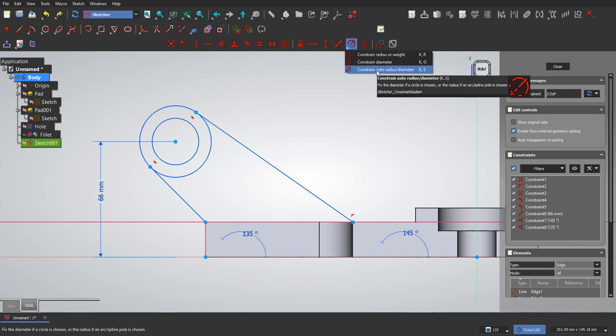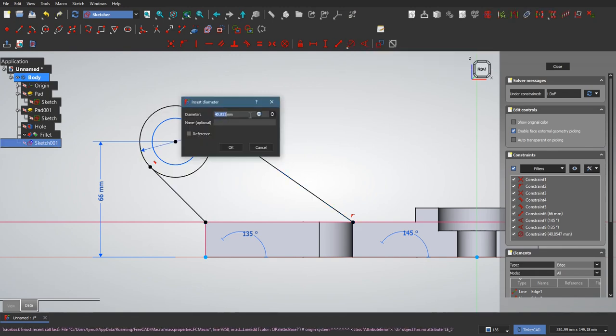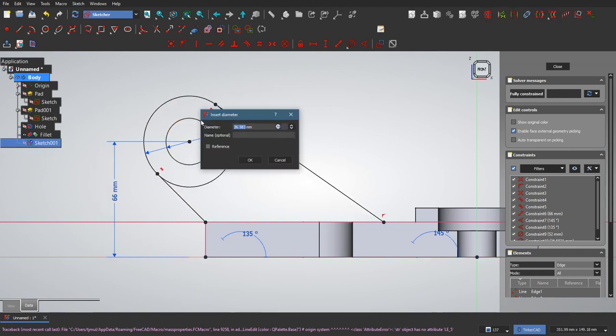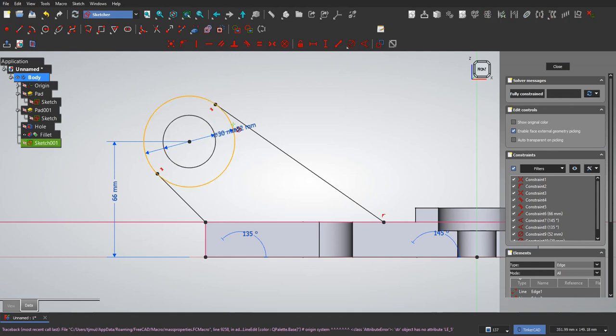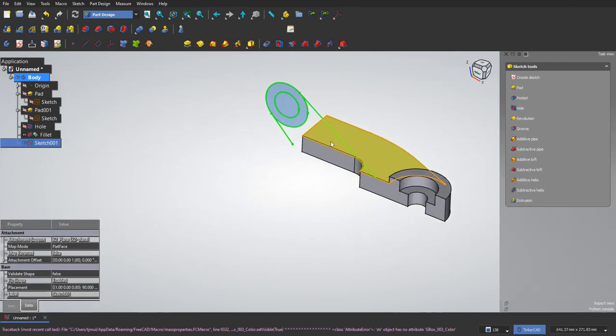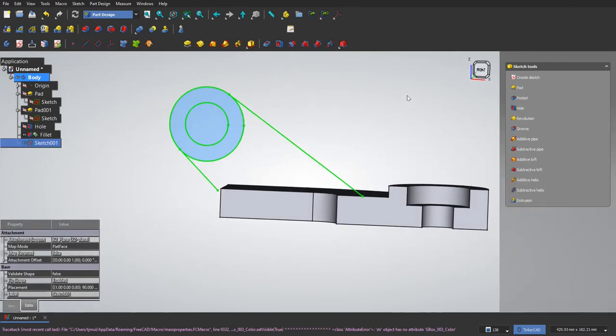Now I just need to constrain the diameters here, so I'll click on this, auto constrain radius or diameter. This diameter should be 26 times 2, and this circle, this hole, should be 30 millimeters. So now everything says fully constrained. If I exit out of my sketch, though, you see that we still need to add in a couple more